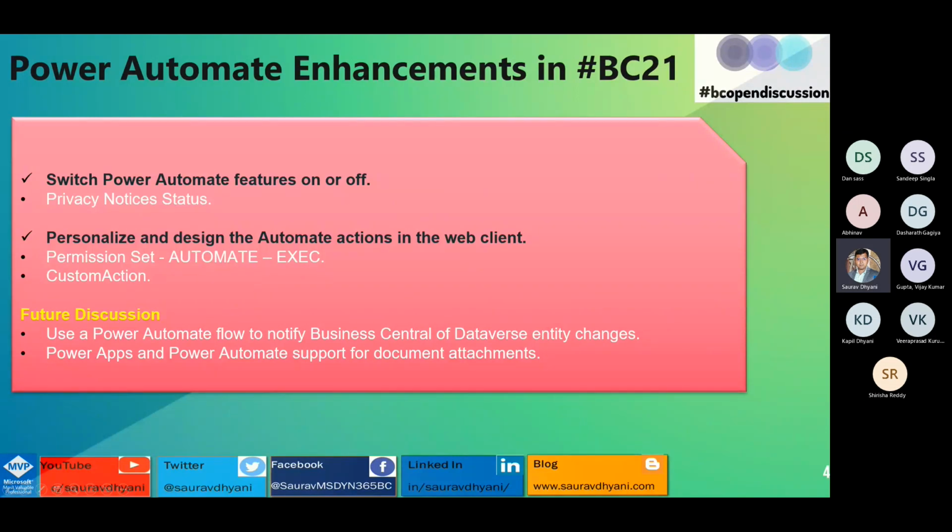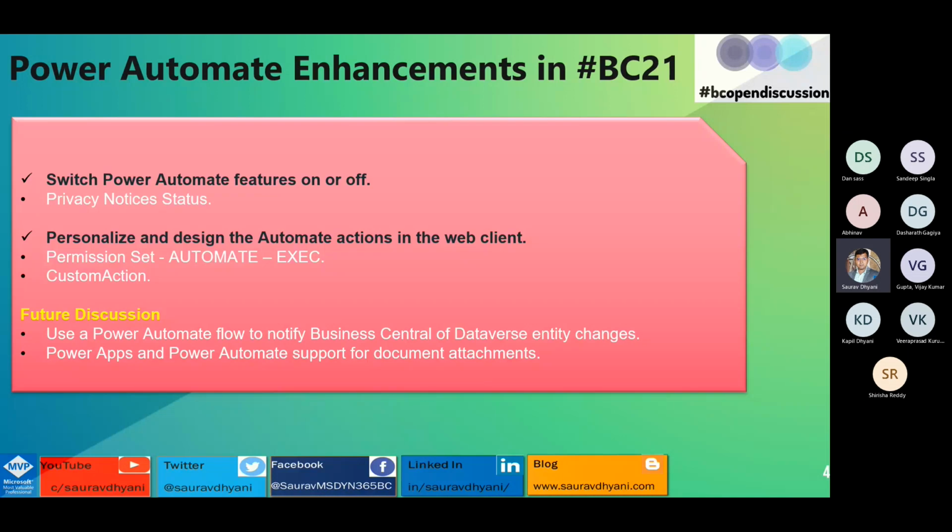If you do that, then you can remove it from certain users. They'll not even see those actions on their pages. So you can either turn it on or off for the whole organization for all the users, or for selective users based on permission set. We'll come to custom actions in a while, but those are the two major enhancements in terms of what's possible for an administrator to enable and disable.